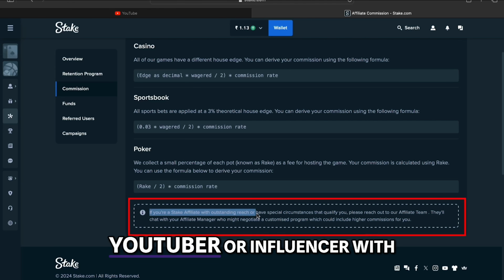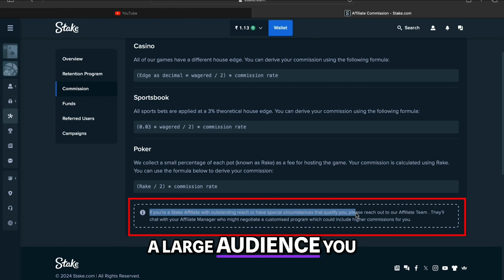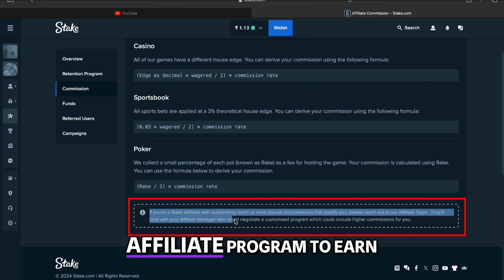If you're a well-known YouTuber or influencer with a large audience, you can customize your Stake affiliate program to earn